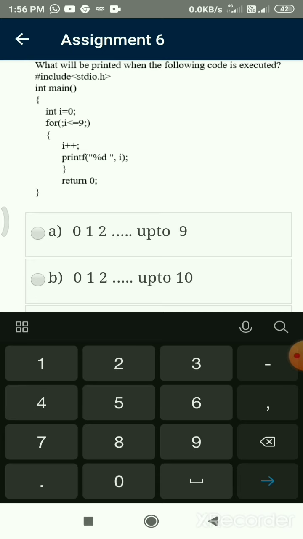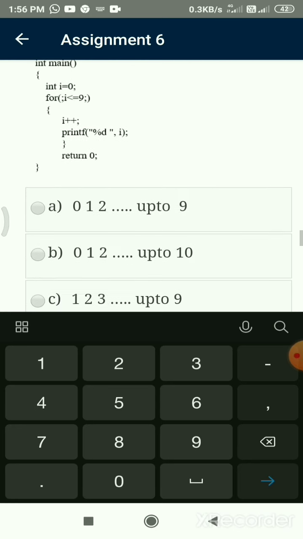Initially it is true, so i is incremented and the i value 1 is printed. Next the condition is checked again, with i as 1, 1 less than or equal to 9, it is true, so i is incremented and 2 is printed.